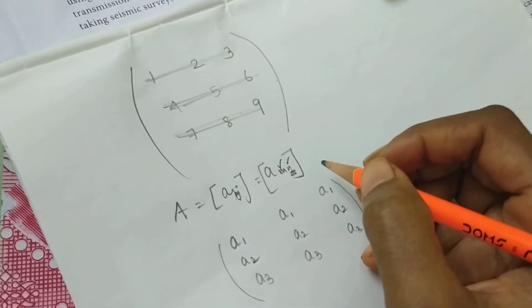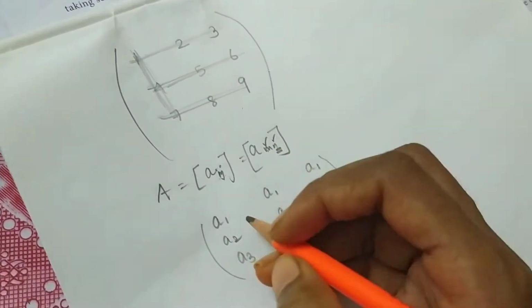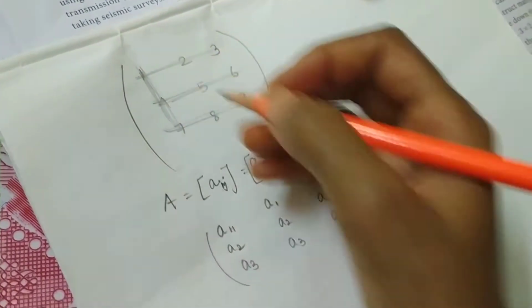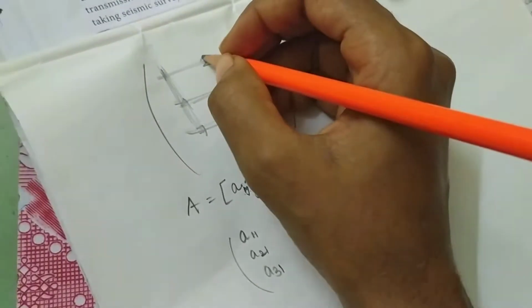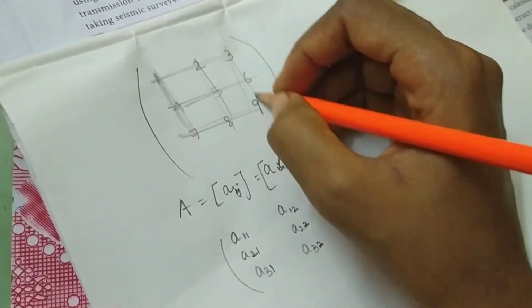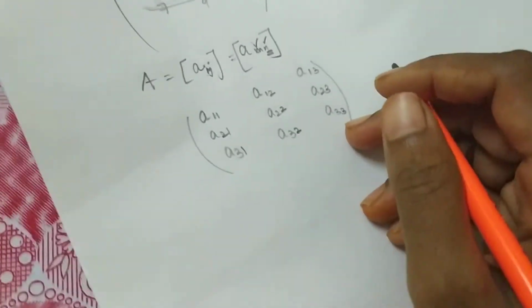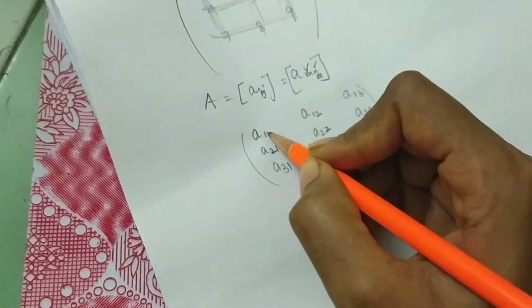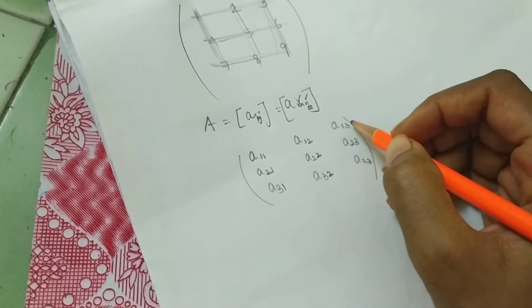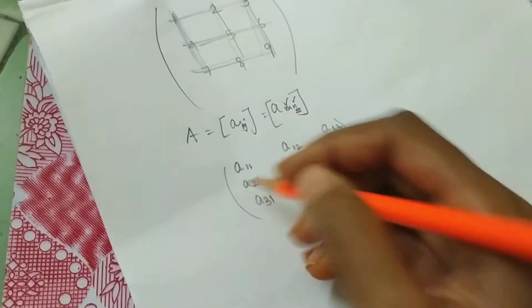Then the second term is your column. So this is your first column. The next one is your column. This is row, this is column. So first column means a11. This is the first column, right? So 1, 1. This is the second column, 2, 2, 2. This is your third column, 3. All the elements are 3. Okay. So first row, first column element, second column element. First row, third column element. Second row, first column element. Are you clear? This is the way they are writing.